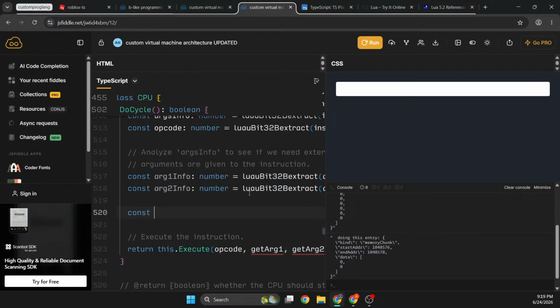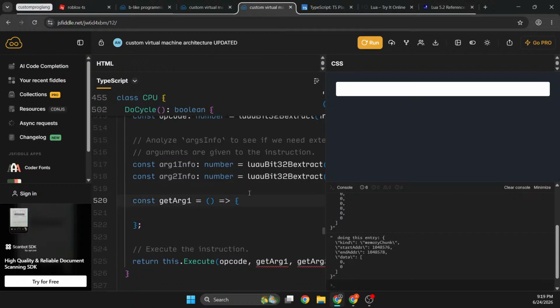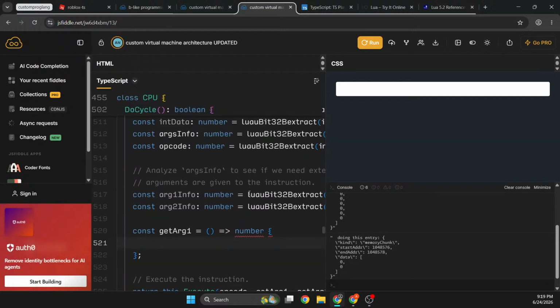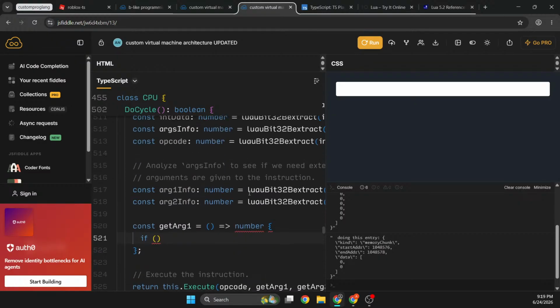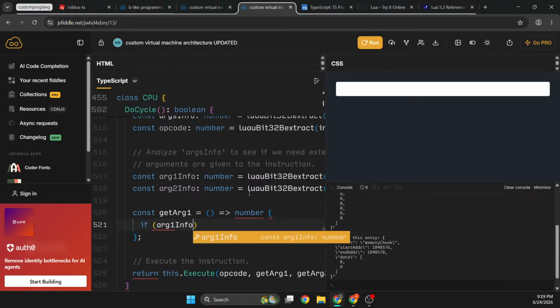Okay, now I think we can define some of these functions. So get arg1, we'll set that to a lambda function. Yeah, so it will return a number. And okay, so now I guess we could just do the if statements here. So for getting argument 1, if we do arg1 info, if the bottom bit is 1, I don't know. If the bottom bit is 0,